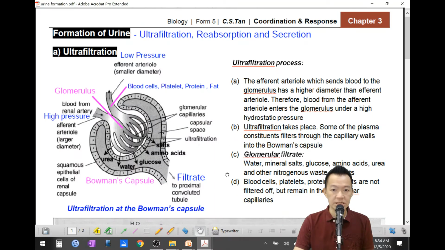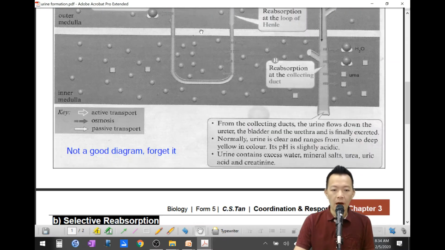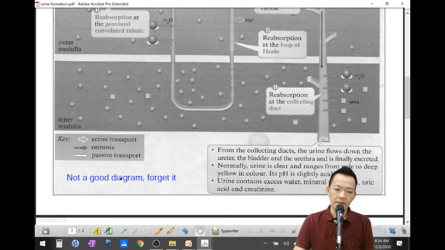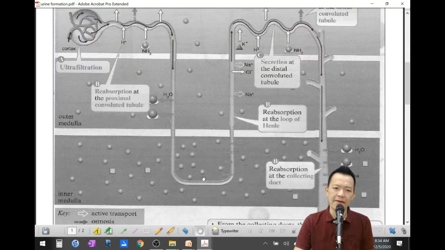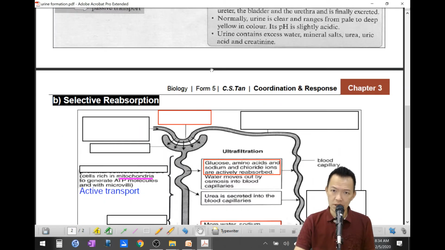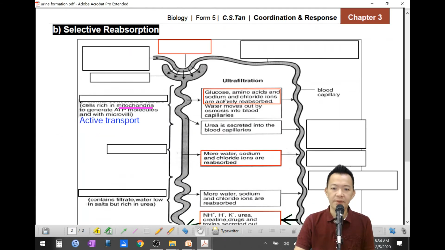Reabsorption. This diagram actually is quite good, but it's too complicated, so you cannot write it like this in your answer. It has too many things that we don't use, so it's troublesome. So now, selective